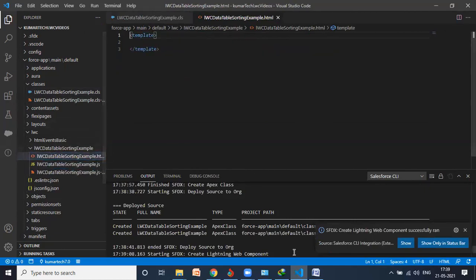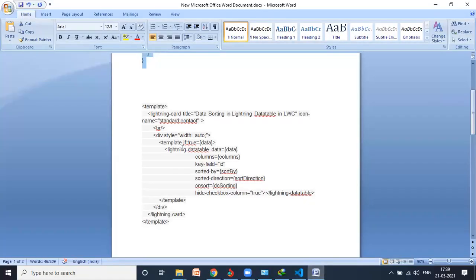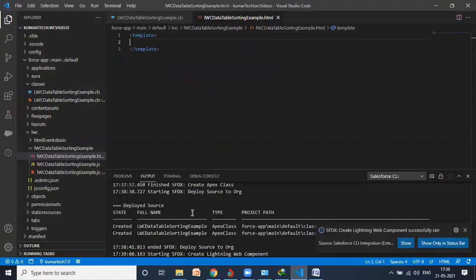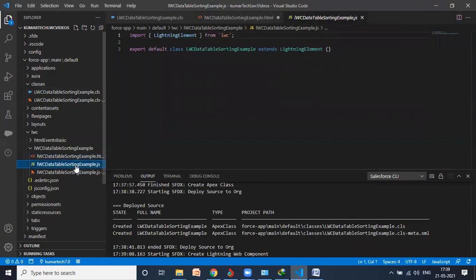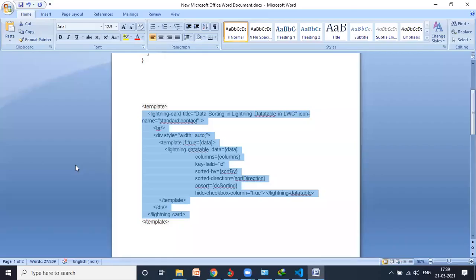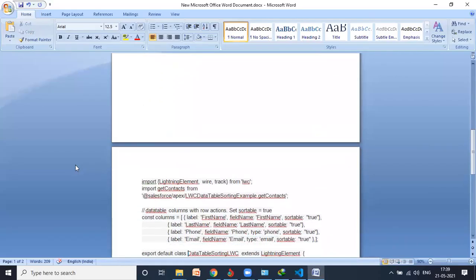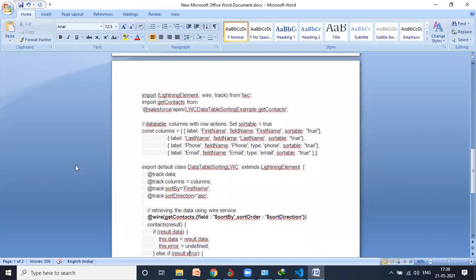First go for the HTML one. Copy the same. Go for the JavaScript one. Okay, again guys, this is just an example.